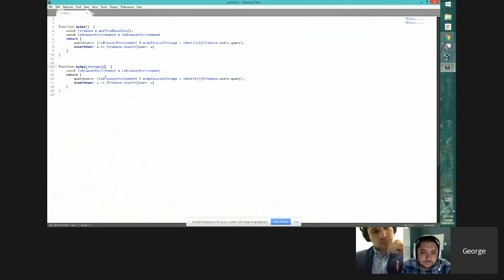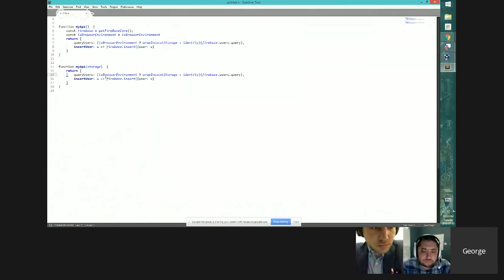Storage. And then what you would do is something like, and then you pass in, the key is that you're passing in my ID.